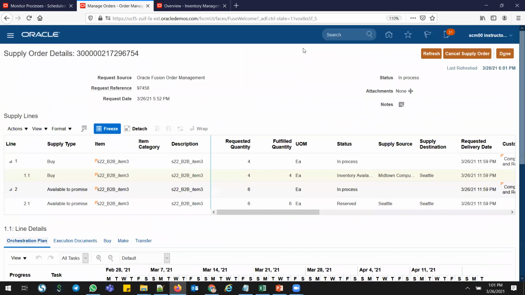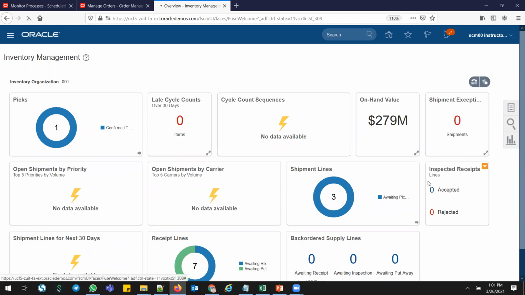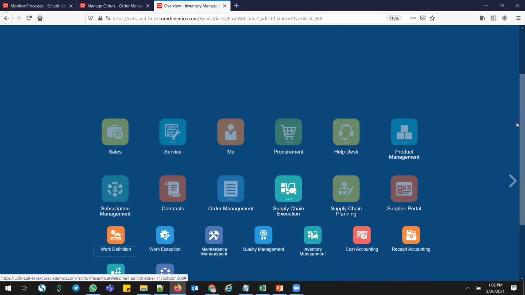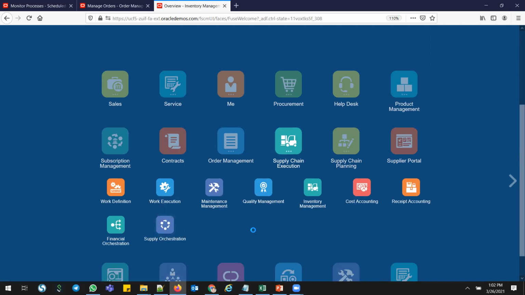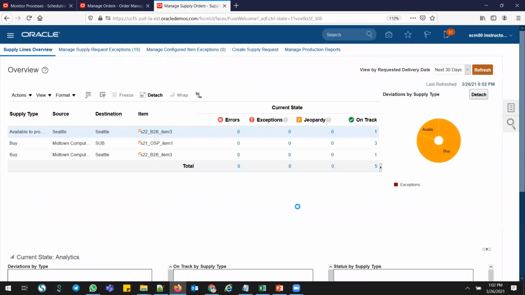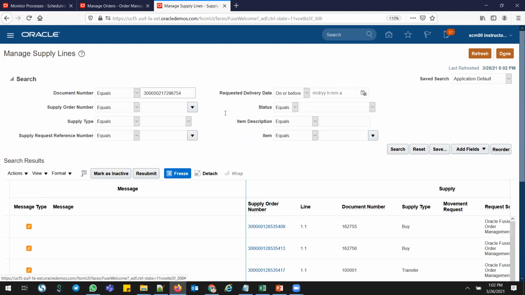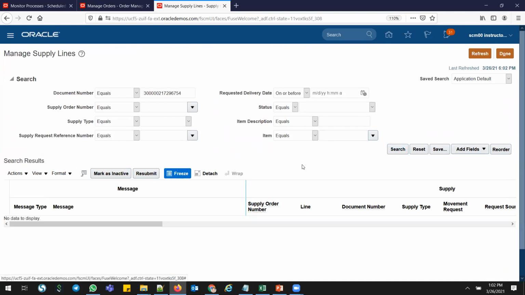And the same way, not necessary from here, take this DO number. There is another way that you can go to supply orchestration interface, which will help you to pull all the interface details across the modules. Whenever the transaction happens across the modules, you can pull them. Go to supply chain orchestration. The dashboard also you can see here. This is my item. You can see it from here, or you can go to task carousel, go to supply lines. You can give a DO number, document number, or you can give the item. Based on that, you can search.